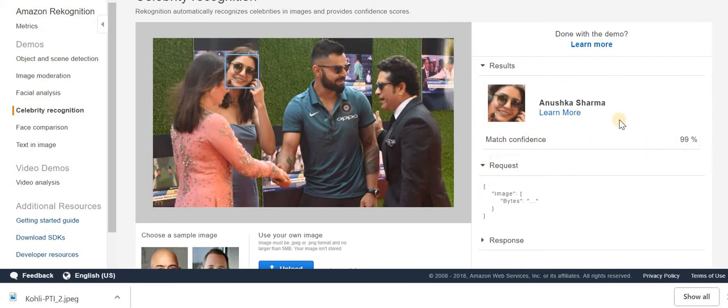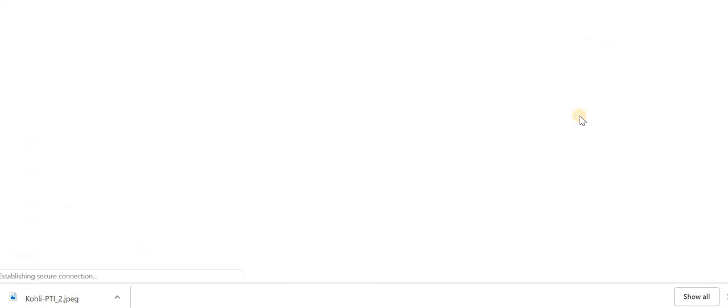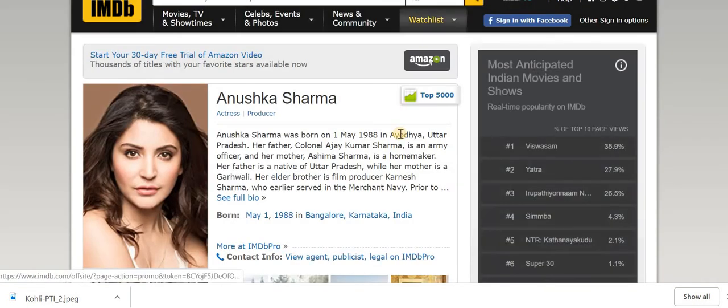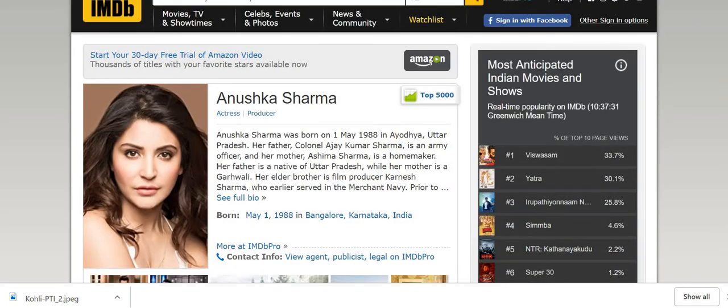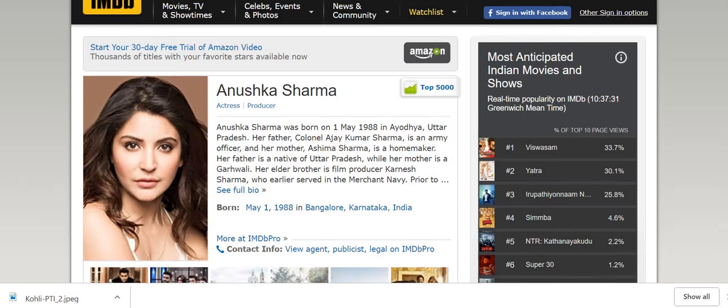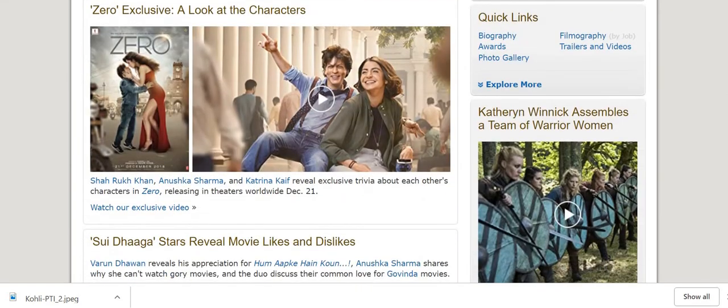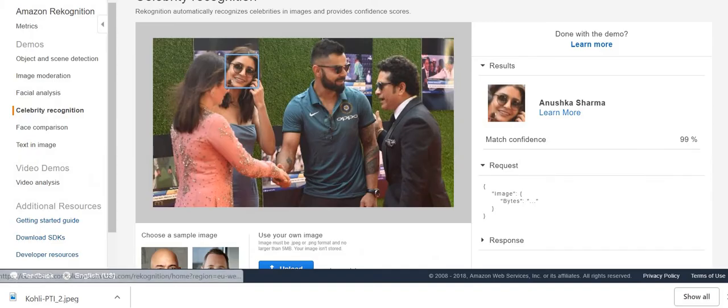Yeah, this is about 99% saying she's Anushka. Okay, they've got Anushka Sharma's profile. Oh, it's coming from IMDb. Okay, that's a new movie. Anyway,